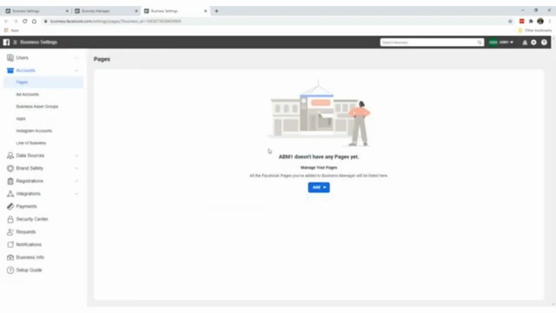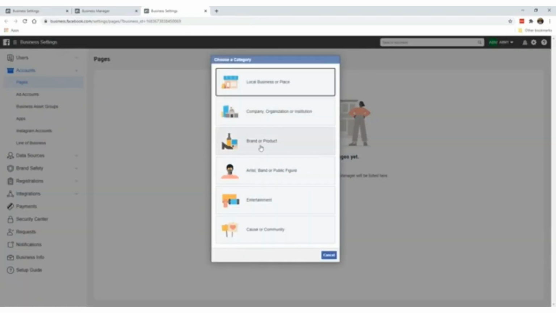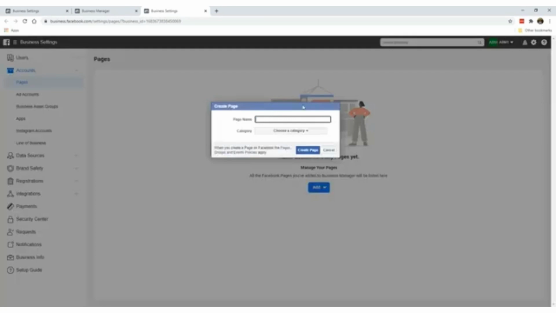Let me just go back there again. There's brand or product. So if you're doing e-commerce, you probably choose this. If you're going to position yourself as the authority figure, we'll click on this one. And entertainment and cause or community. So it's all very straightforward, all right? So I'll tell you what, since this is just a simple task, I'm just going to click on brand or product, and I'm just going to give it a simple name. Maybe I'll just call it